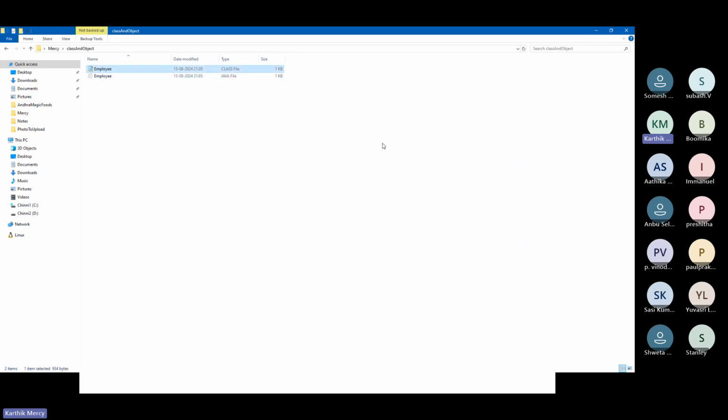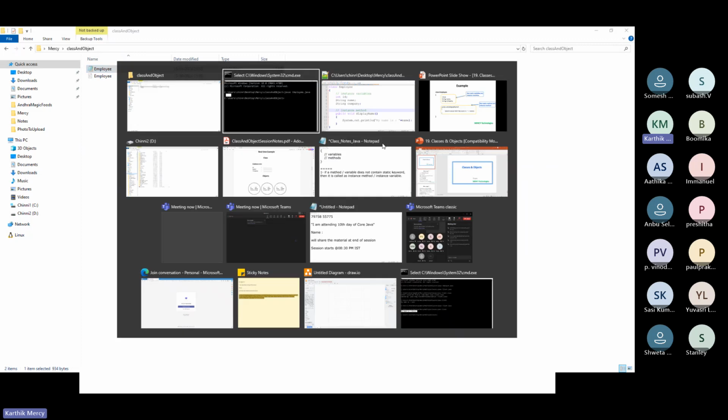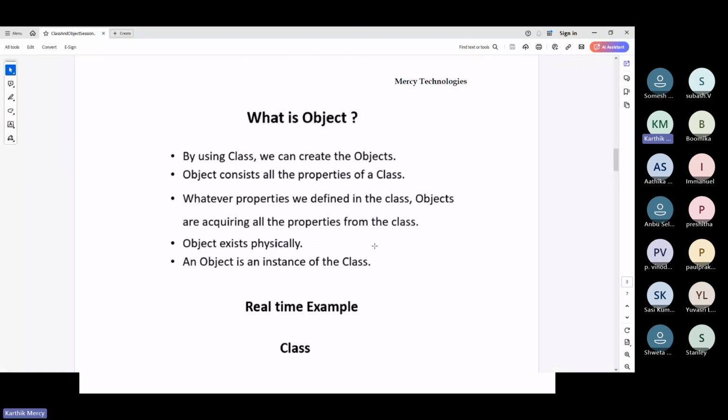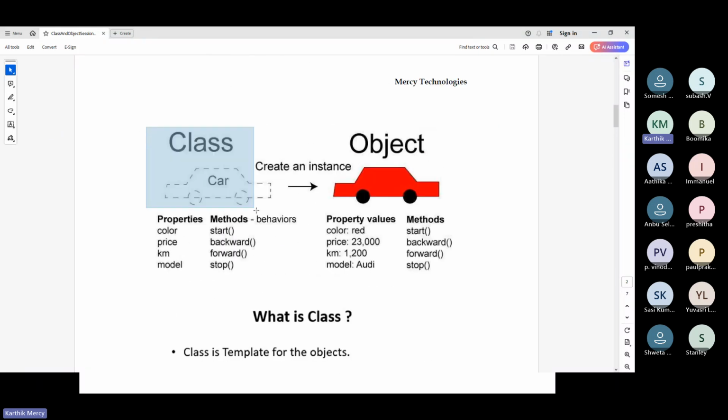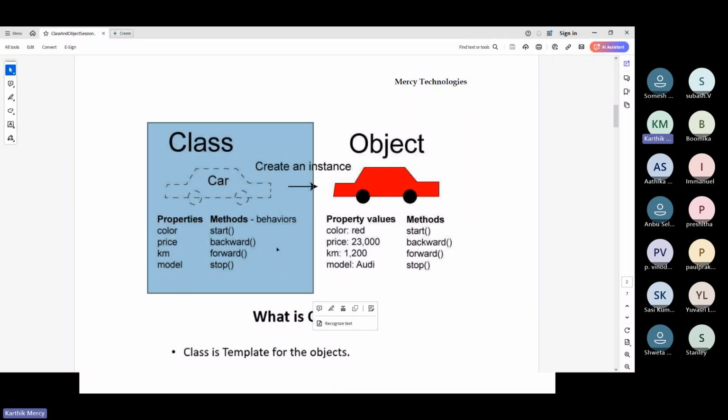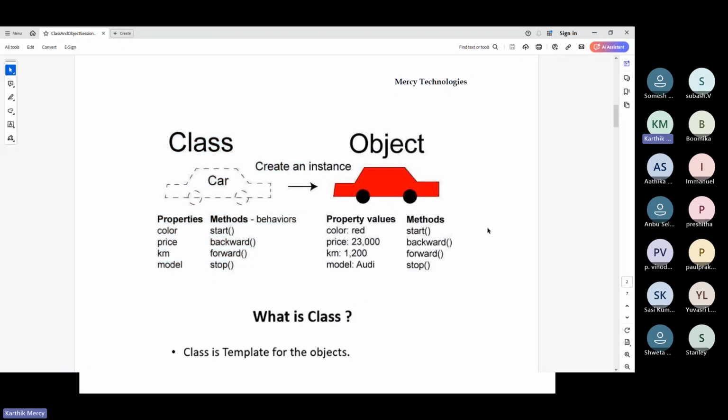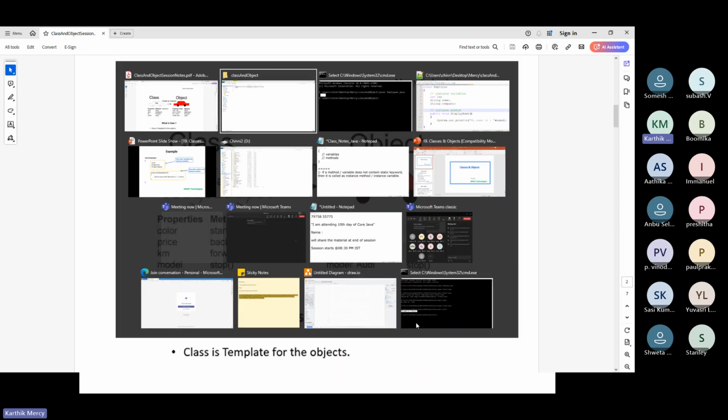Here, very important thing, guys, in our analogy, what we did till now is to create some blueprint like this. We created some blueprint like this, saying that every employee should have an ID, should have a name, etc. We just have created a blueprint, and we had not created the object yet. By the way, we had not created the object yet. Now, let's quickly see how we can create one employee object.